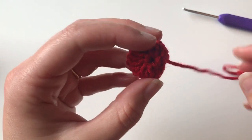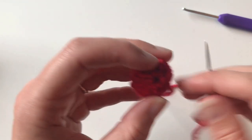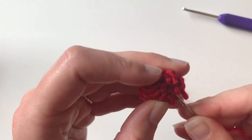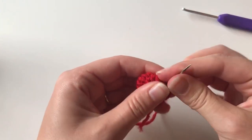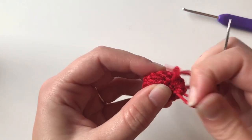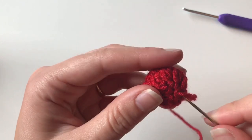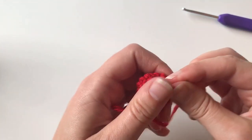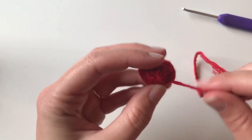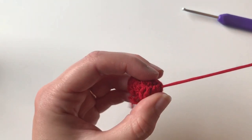So I'm going to make that secure now by sewing back through. Just make sure it's nice and tight. Ooh, nice and tight. So I'm just going to sew back through just to secure it. Oh, my yarn's gone all funny. It's got caught. There we go. And again. Doesn't matter if it gets out of shape while you're doing this, because you can pinch it all back together again in a second. And then I'm just going to bury that tail, come out randomly,